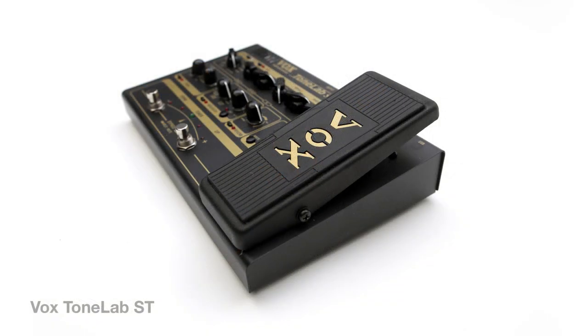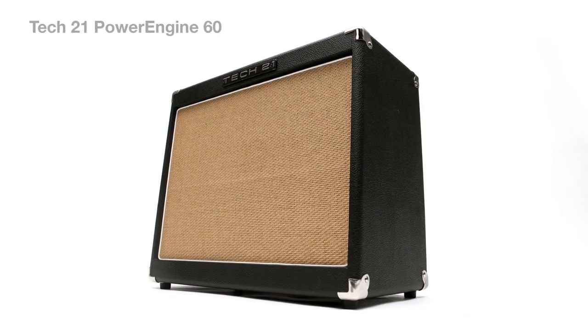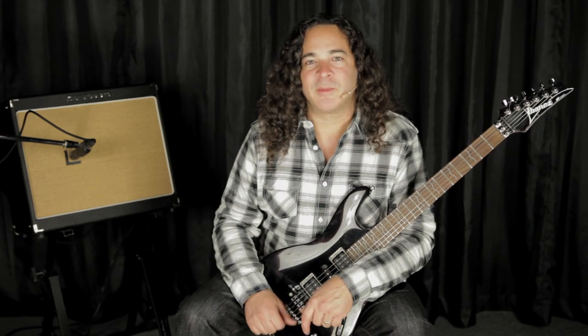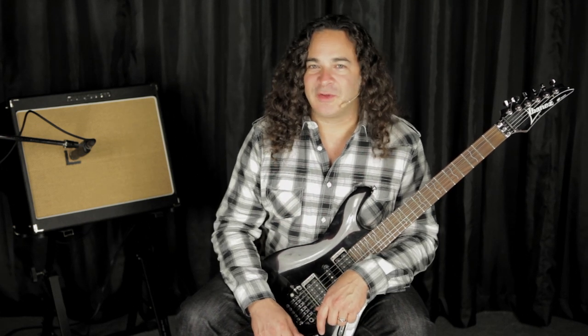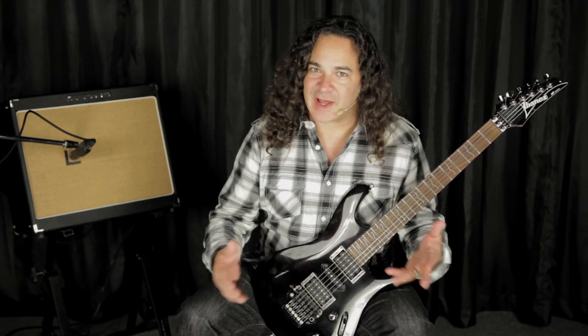Today we're going to be checking out the VOX Tonelab ST into the Tech 21 Power Engine 60. The Power Engine was designed to be the perfect complement to units like the Tonelab to create an all-inclusive guitar setup, so you can take your killer tones out of the studio, transparently bring them into your rehearsal space, have your guitar interact with an actual 12-inch Celestion, and in turn take that whole experience out onto the concert